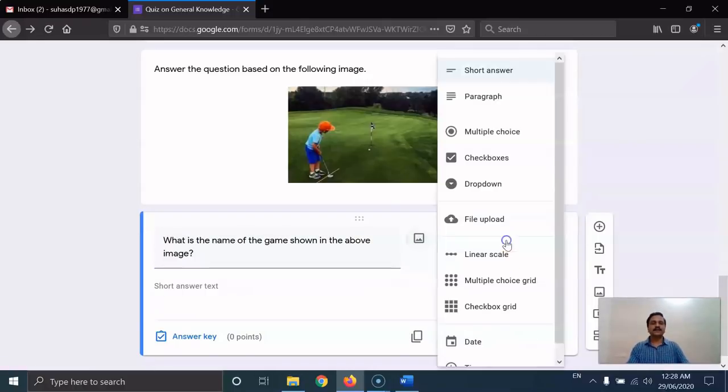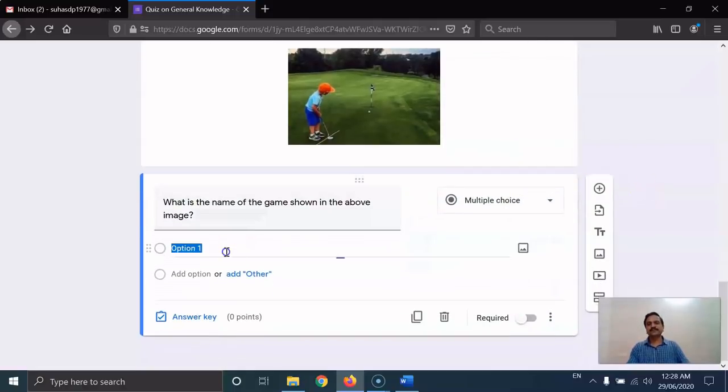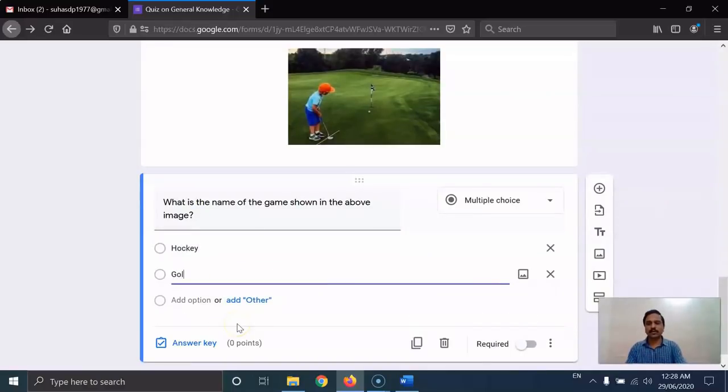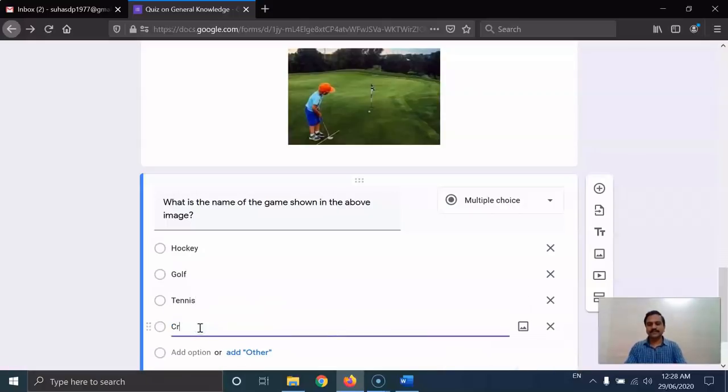I'm choosing multiple choice again. The first option is, let's say, hockey. The second option is golf. The third option is, let's say, tennis. And the fourth is cricket.